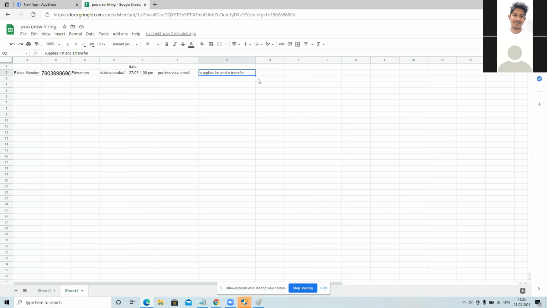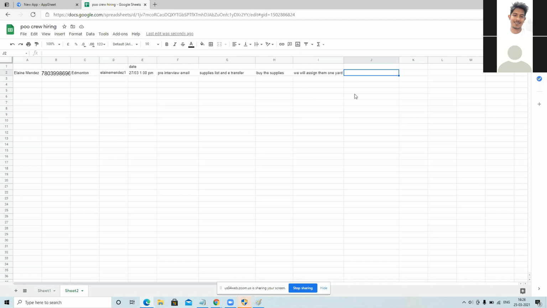After that, they will go and buy the supplies, then they will go there and do that yard. This is simply the process. They will go and scoop that yard, and after that we will add them into the app, and two to three emails we will send, like we will assign.